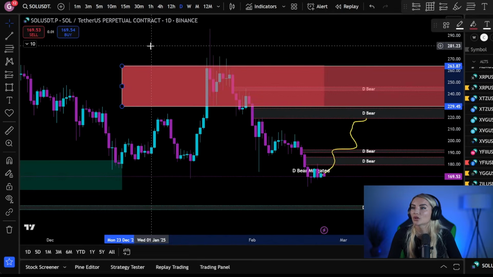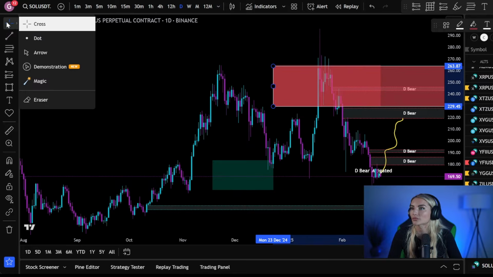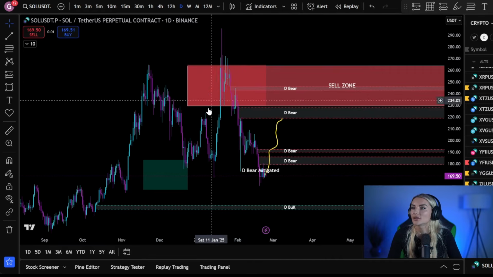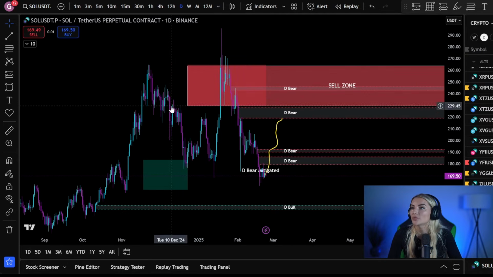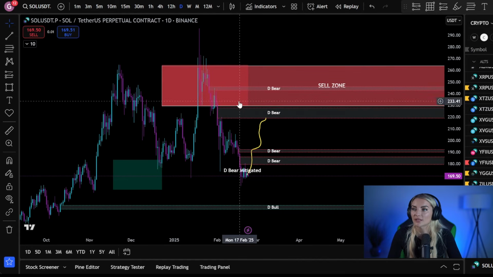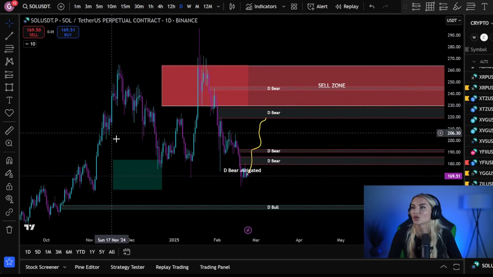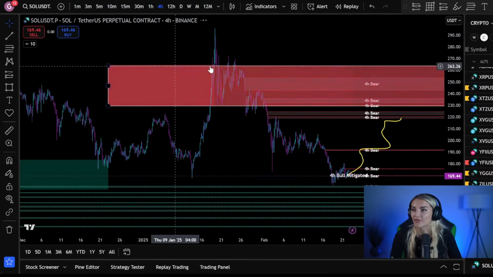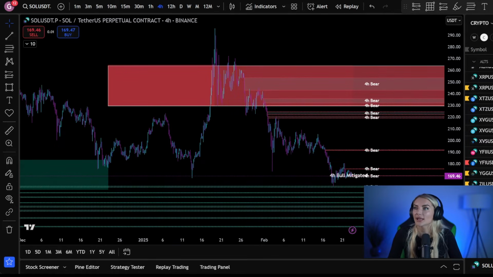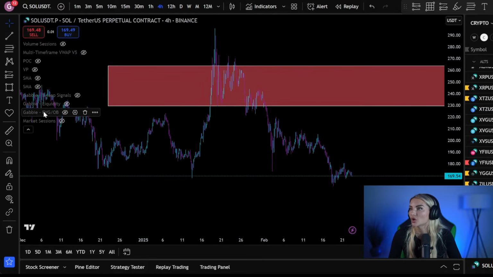And then when you go down on the lower time frame, right, you can see that you have a daily bearish fair value gap, right? Daily bearish fair value gap, which means that you're going to observe when price comes up here, whether it's worth it to take a short from here. And again, you can use the order blocks even on the lower time frame to make these decisions even more refined. But for that, what I like to use is the second indicator that I've developed for you guys, which is